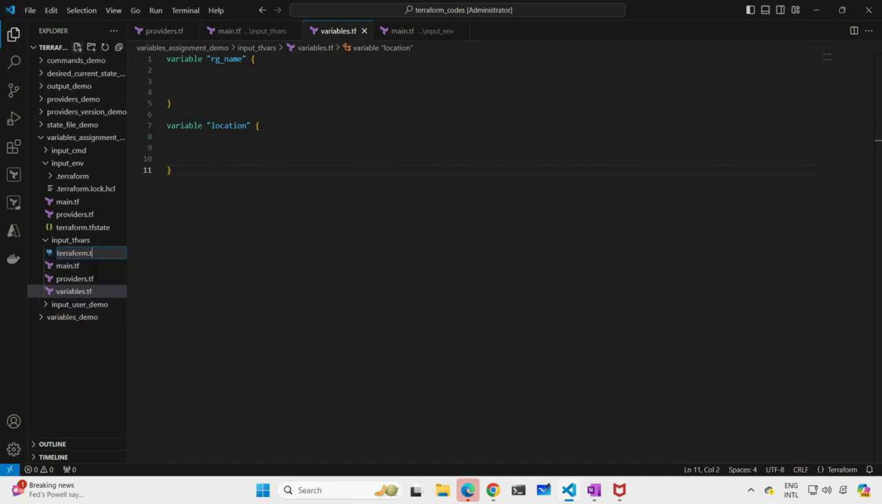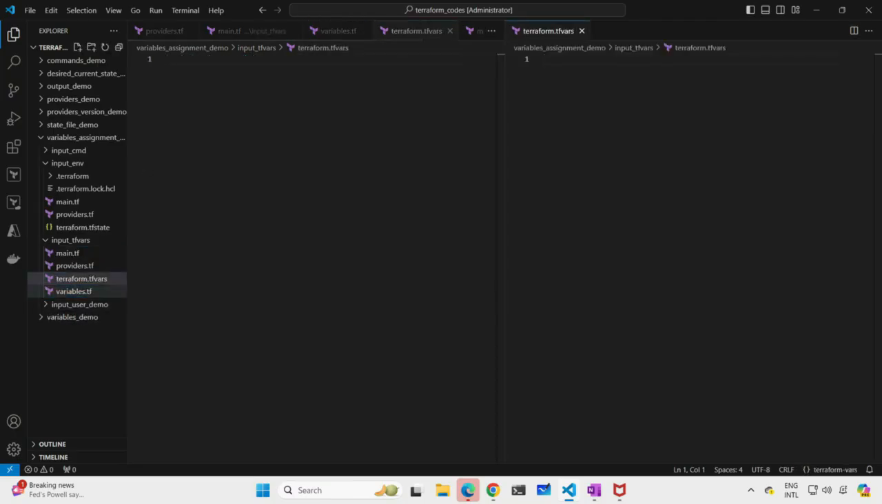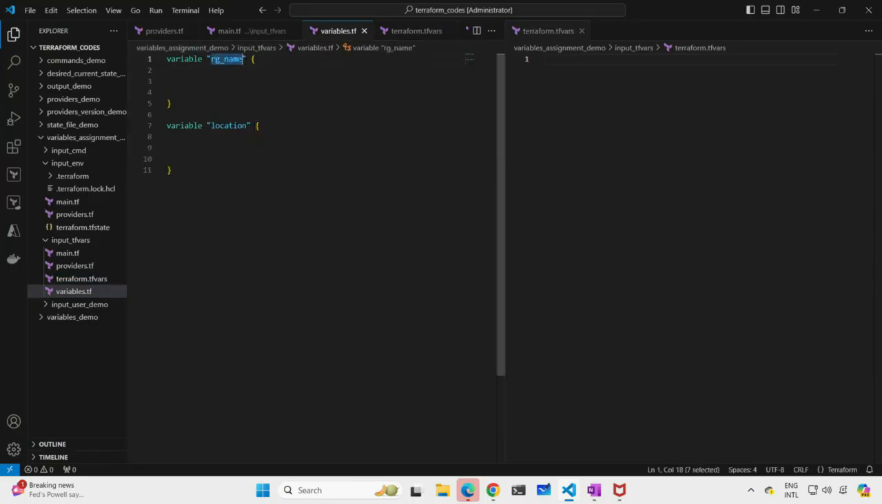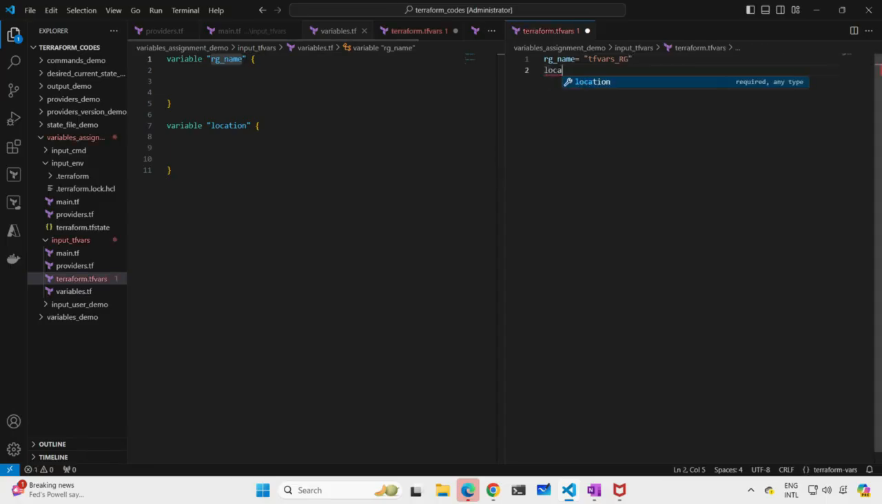Okay. So what we are going to do, we are going to create a dedicated file named terraform.tfvars, and in this one, what is our rg_name is our variable name. I'm going to pass the variable name as tf_var_rg, and the same thing I'm going to do for the location is equal to